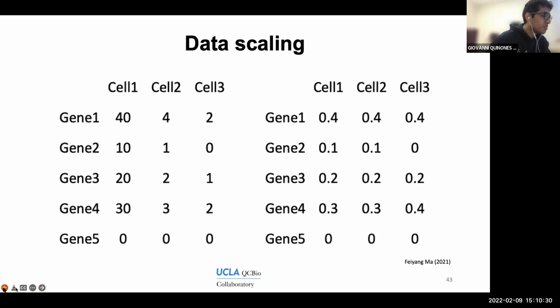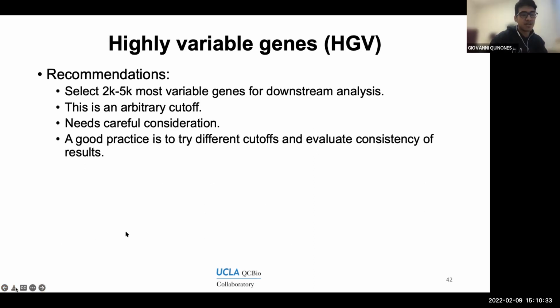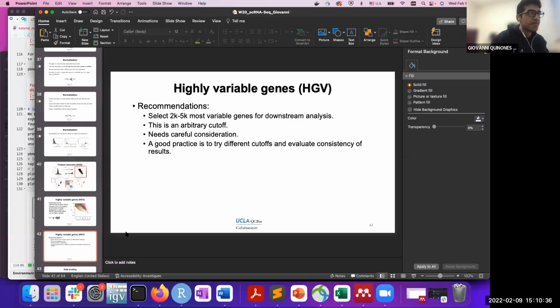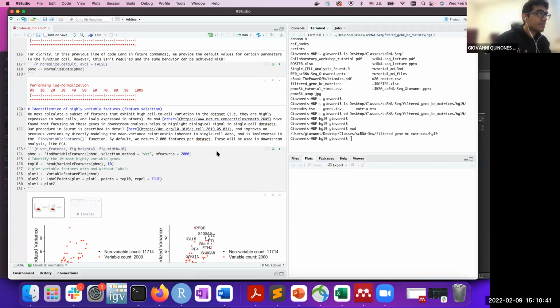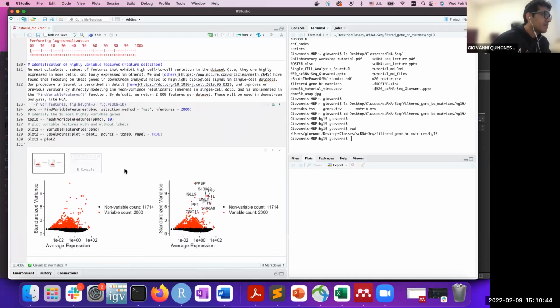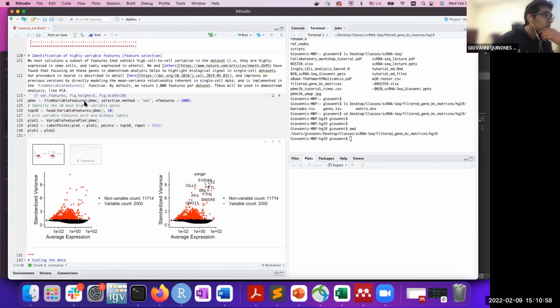Yes, so before moving to data scaling, we're going to jump back to our RStudio. Now we are at this section, line 120. And here we're performing our selection of highly variable features. And just going a little bit over this code, the way to find the most variable genes using the approach that we just went through is through this function